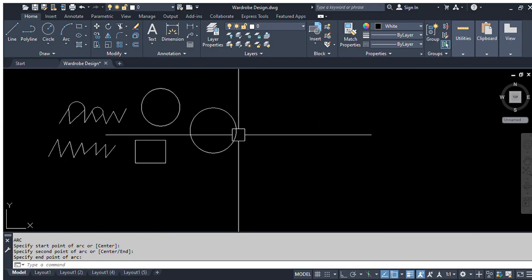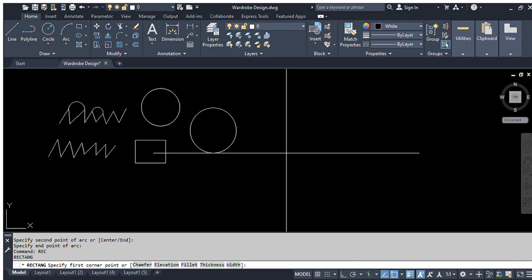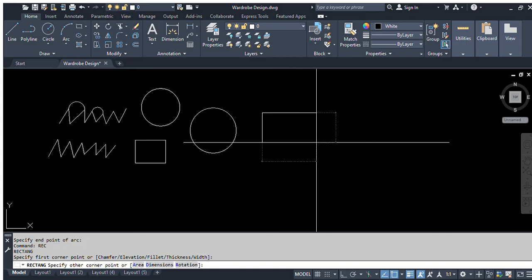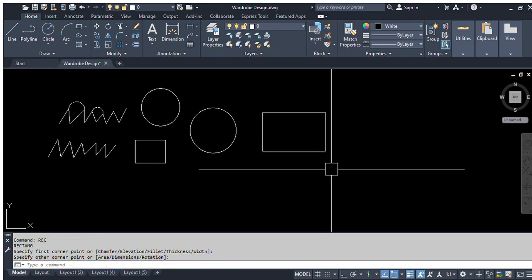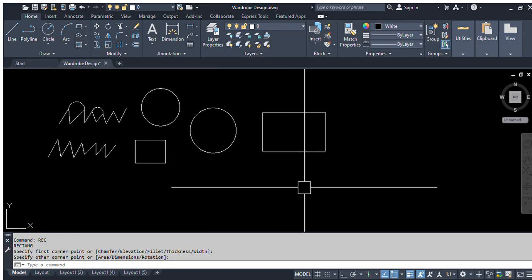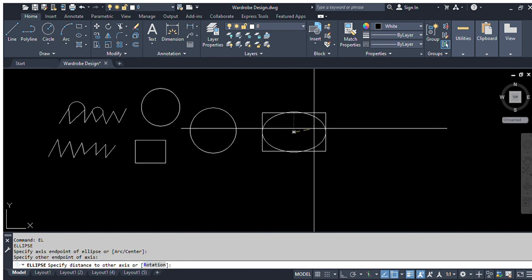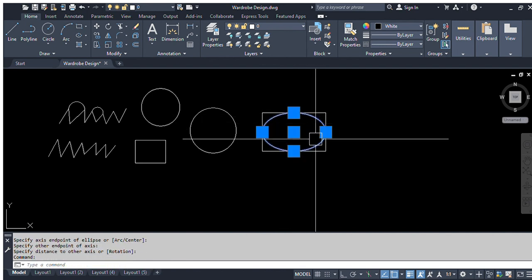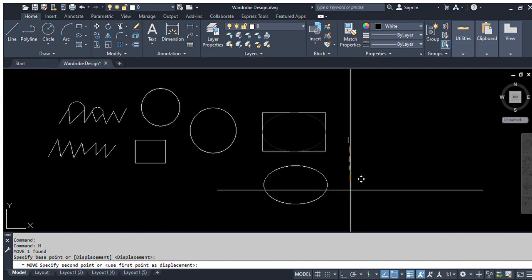To create the rectangle, press REC, enter, first click and the second click. For the ellipse, press EL, enter, first click, second click and third click. Ellipse is an oval shape like an egg. Okay,